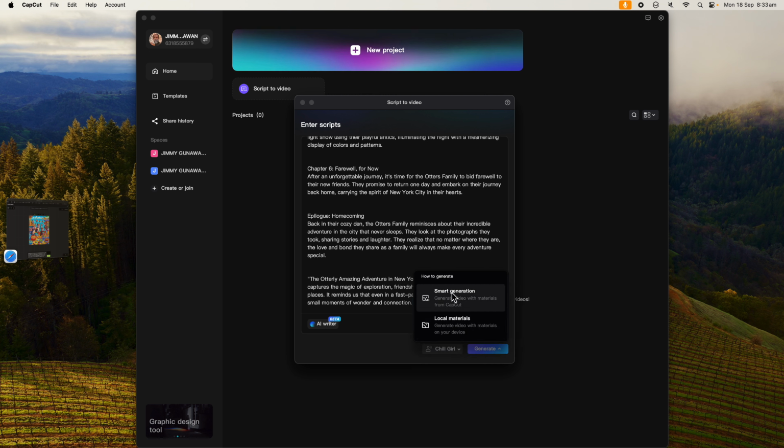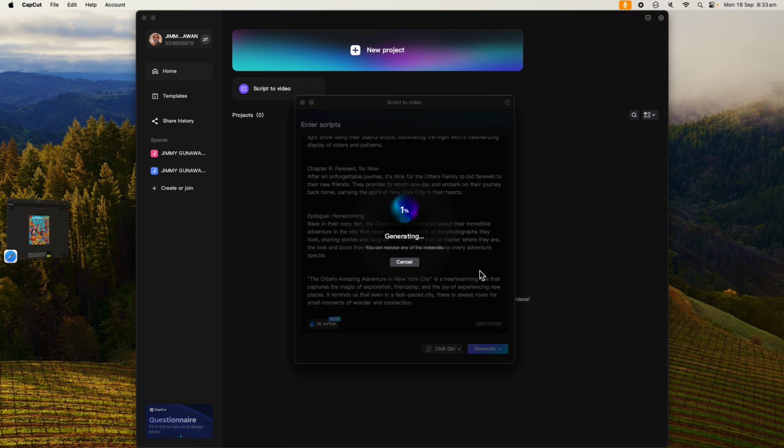Generate. Use smart generation. Oh, sorry, I was too fast. Basically, there's a smart generation and there's another one that can use your photos. Imagine in the future, the AI is smart enough. Let's say you have 500,000 photos and videos in your iPhone, and you can use those as a starting point for the AI.